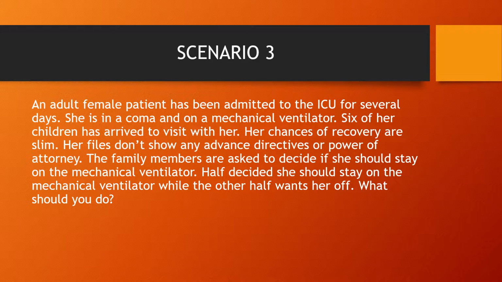So, the third scenario, an adult female patient has been admitted to the ICU for several days. She is in a coma and on a mechanical ventilator. Six of her children have arrived to visit with her. Her chances of recovery are slim. Her file does not show any advance directive or power of attorney. The family members are asked to decide if she should stay on the mechanical ventilator. Half decided she should stay on, and the other half wants her off. What should you do? In this scenario, the correct thing to do is to keep her alive until a general